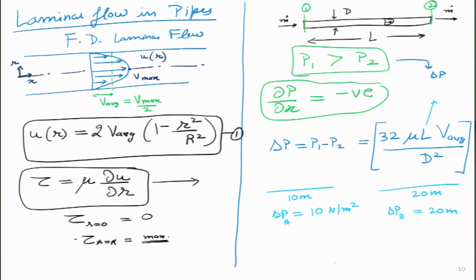Another interesting thing I can see is that it also depends on viscosity. A highly viscous fluid will have a very large pressure drop, and if we use a fluid having low viscosity, then our pressure drop can reduce. And in the limiting case, some sort of a super fluid could have zero viscosity. Super fluids can be observed only at very low temperatures and under extreme conditions. There the fluid, if you rotate it around in a loop, would keep on going forever, and it is termed a super fluid.